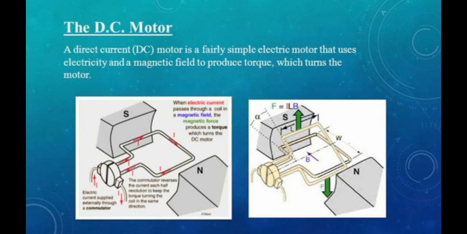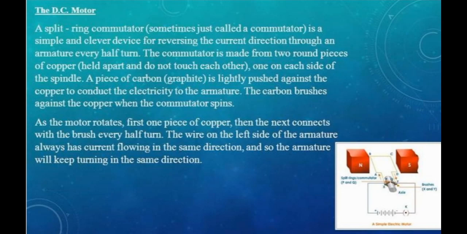By using Fleming's left hand rule, we can find out the motion of the conductor, because we know the magnetic field and we know the direction of current. So we can find out the direction of motion of the conductor. Then in a DC motor, there are 5 parts in its construction. One is an armature coil, of rectangular shape, which you can see. This is called an armature coil.